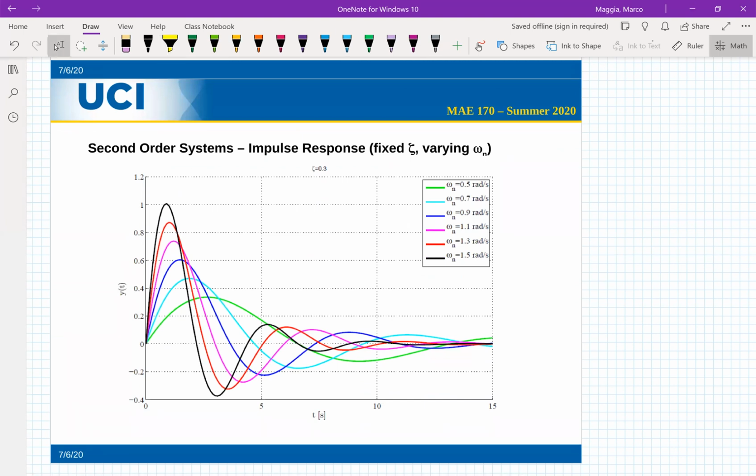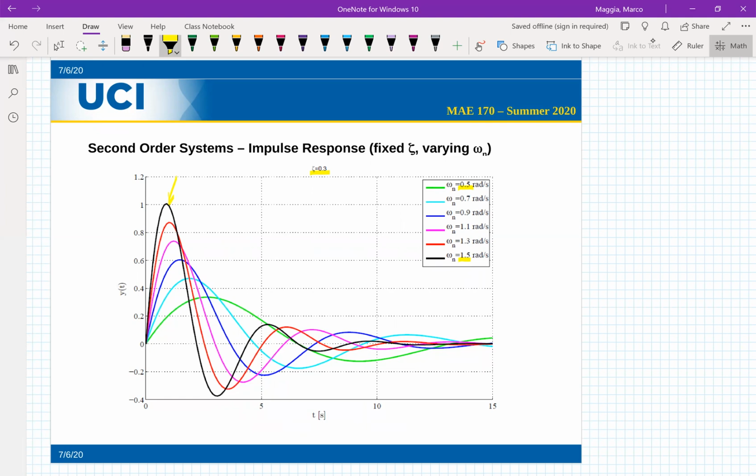Now you can see things from another perspective. Now let's take a look at a fixed value of the damping ratio, 0.3, for instance. So we're really considering an underdamped system. And then as you increase the value of the natural frequency, so here we have a minimum of 0.5 up to a maximum of 1.5, you see that as you increase the natural frequency, you decrease the period, but you also increase the